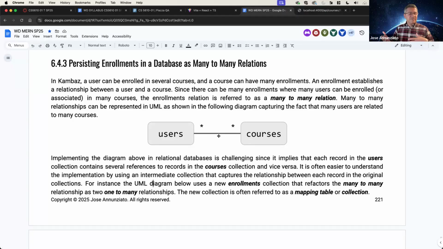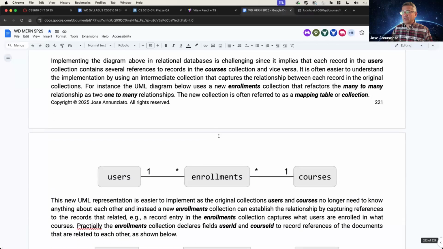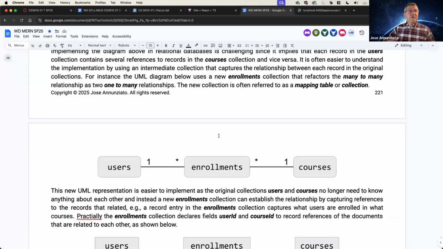And this is understood that you can have zero or more users associated or related to zero or more courses, right? Now, this is a little bit too abstract to actually implement. Typically, in a relational database, the way you implement it is you reify or convert it into an equivalent representation. And commonly, the way you do this is by adding in between an association class, or sometimes referred to as a mapping table or mapping class